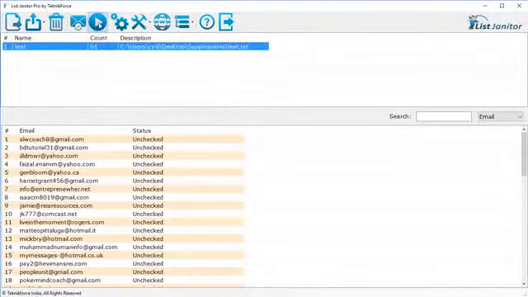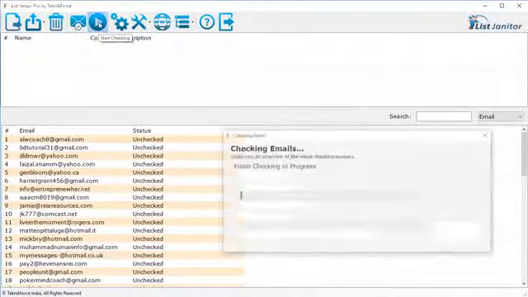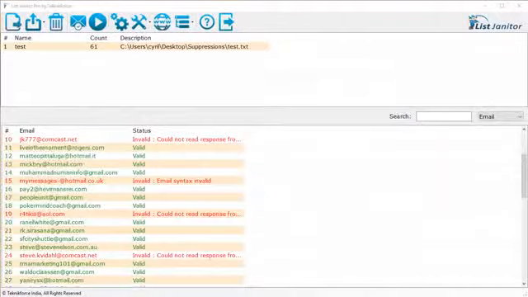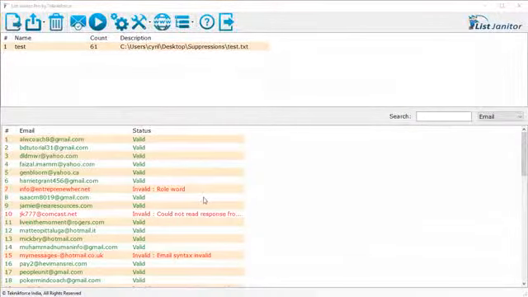To do that, simply click on the start checking button at the top, the play icon. Click on it, and List Janitor is now checking those emails. It's doing a number of checks, and you can see the little status bar which will tell you exactly how much time is left. So the check is now done,